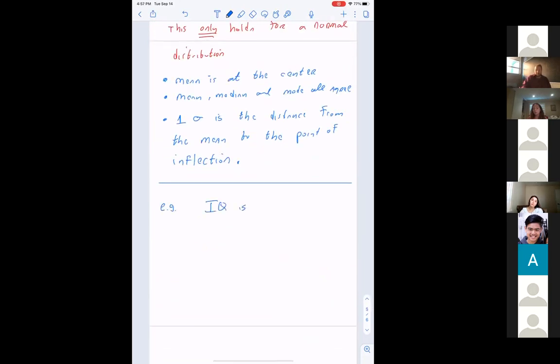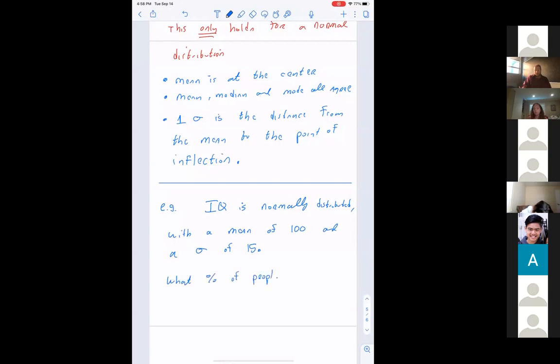IQ scores are normally distributed with a mean of 100 and a sigma of 15. So question, what percent